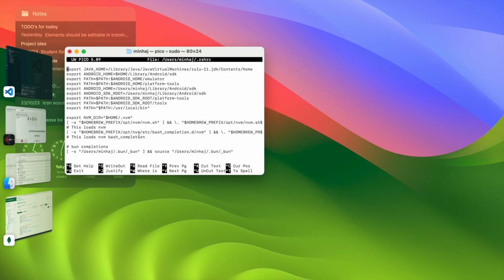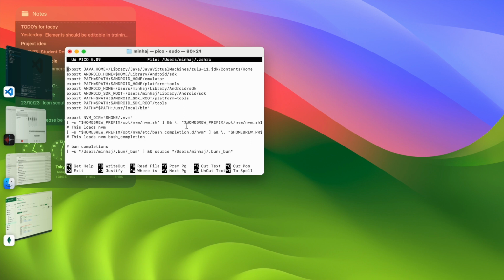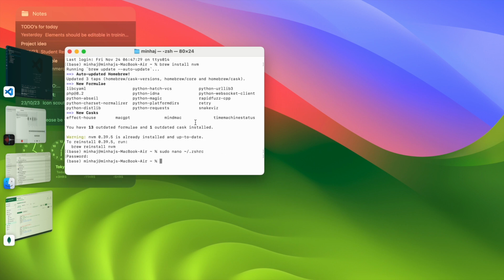So you can see I have already installed it and I have already added the path here, and you will just need to copy the path from here and paste it here. After pasting it, you will just need to hit Ctrl S and then Ctrl X to close it. After adding the path here, you will be able to see